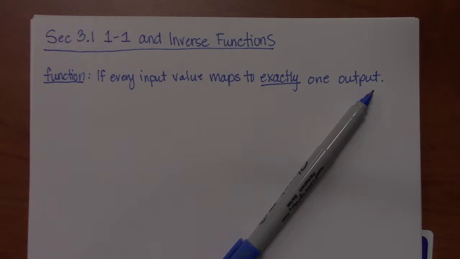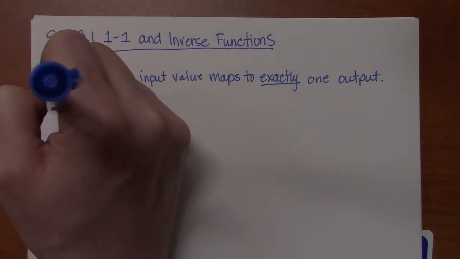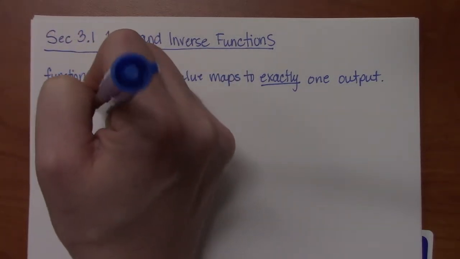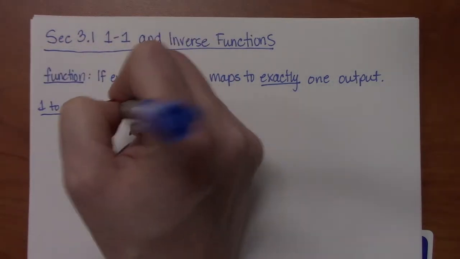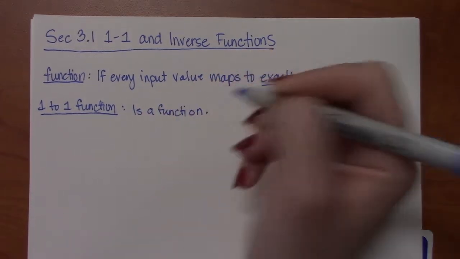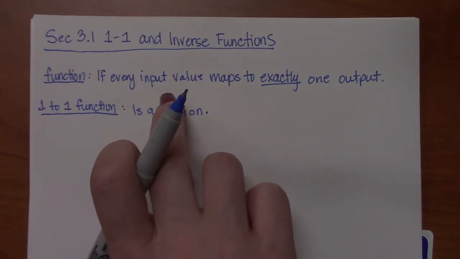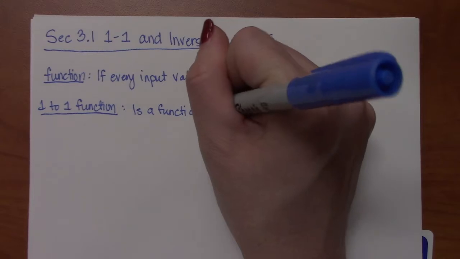And visually, we said we could test for a function on a table by looking at the input variables and nothing should ever be repeated. We said we could do it graphically by applying the vertical line test. So once we've established that something is a function, there are some specific types of functions, and what we say a one-to-one function is, is a function. So the first part is it's a function. So this stuff already has to be true, meaning every input is going to return exactly 1 y. But it's a function